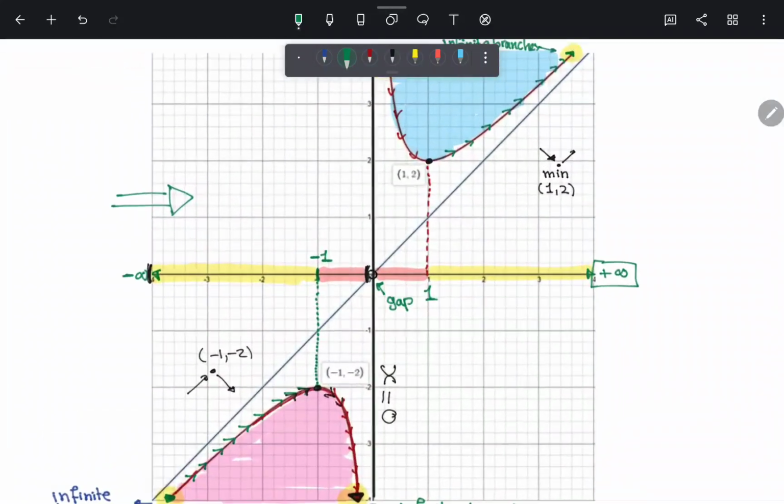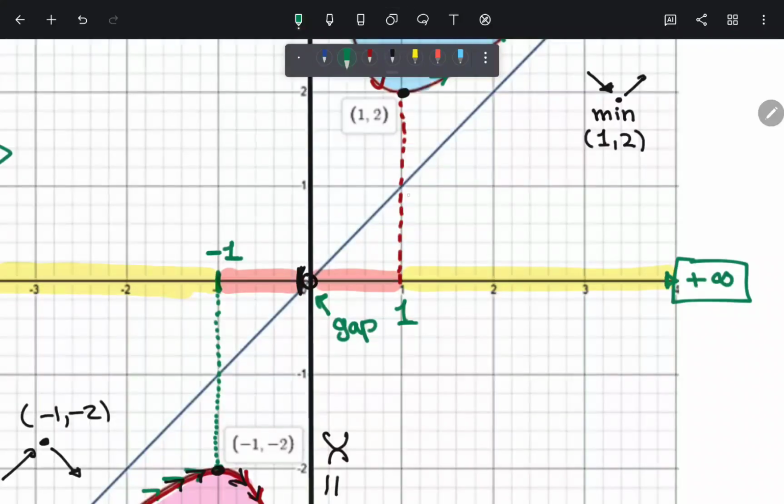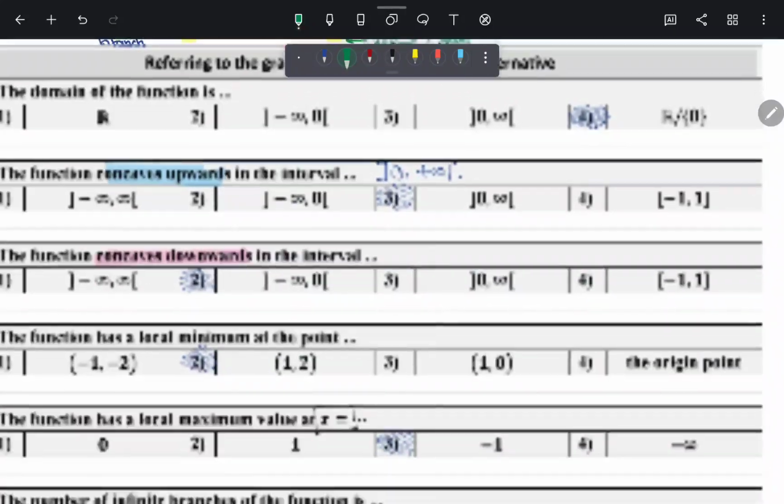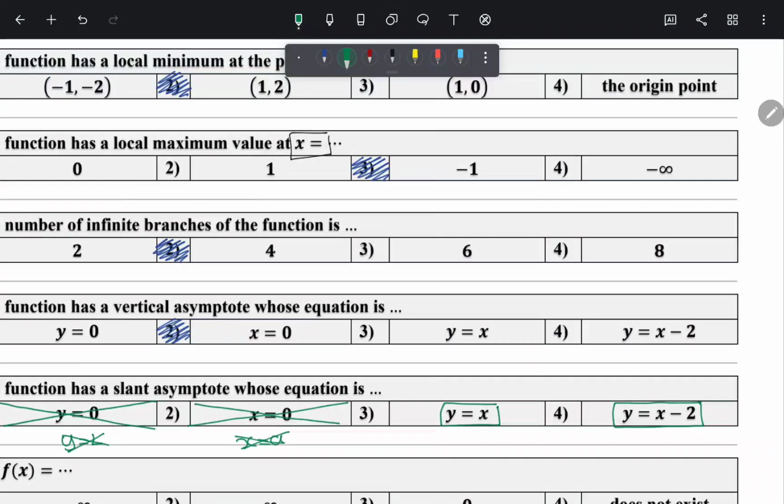I'm going to choose any random point on the slant asymptote, a point that is clear to me, for example this one, (1, 1). Is this point on the slant asymptote? Yes. I'm going to take this point and substitute it in these two equations. If it works out in only one equation, that equation is the correct answer. If you put 1 and 1 here, we have 1 equals 1, which is mathematically correct. If you put it here